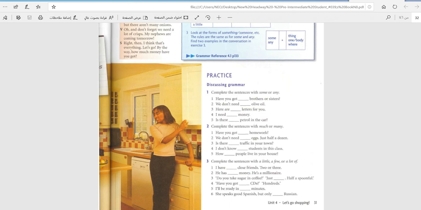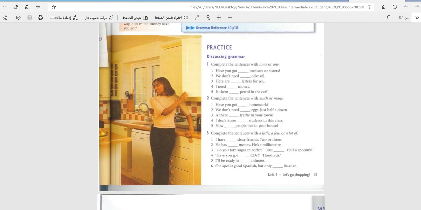Have you got any brothers or sisters? When we have questions, that means any. Okay, have you got any? We don't need any olive oil. لا نحتاج أيا من زيت الزيتون. Here are some letters for you. هنا بعض الرسائل لأجلك. Also, I need some money. Is there any petrol in the car? هل هنالك وقود في السيارة؟